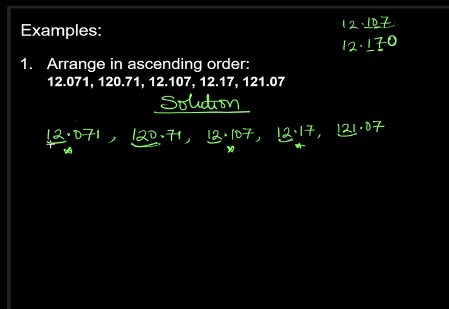Okay, so let's come down here. We're to compare the fractional part of these three numbers. Like I said, fractional part, compare it digit by digit. So this is 0, this is 1, and this is 1. So we know that 0 is the smallest. So we have, this implies